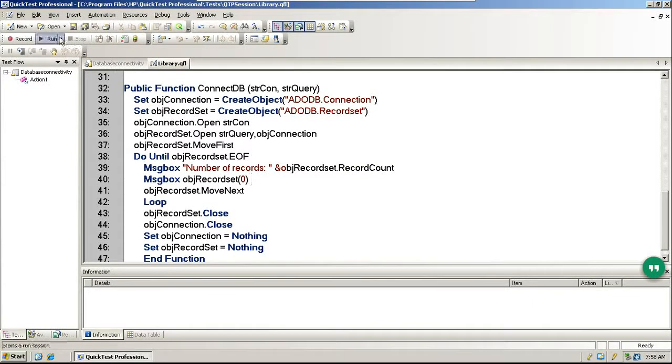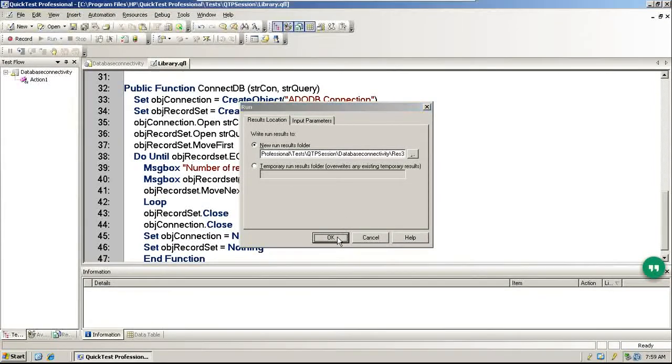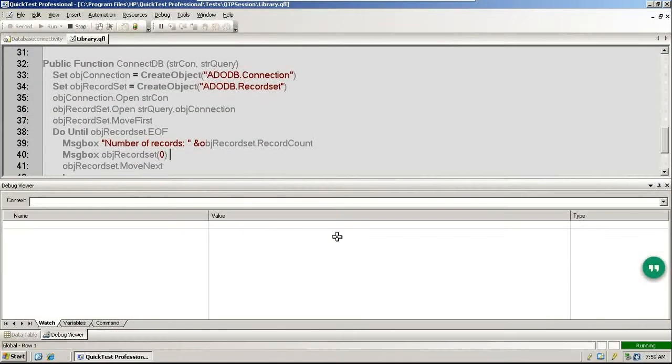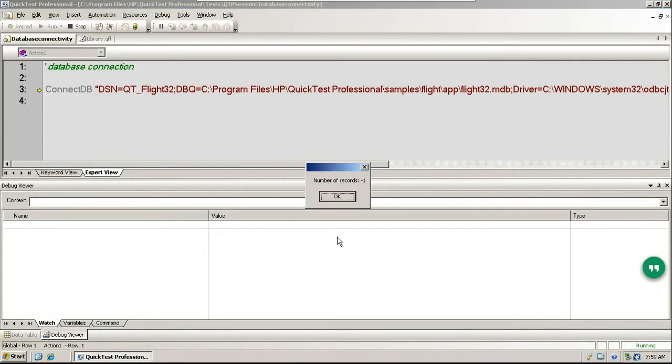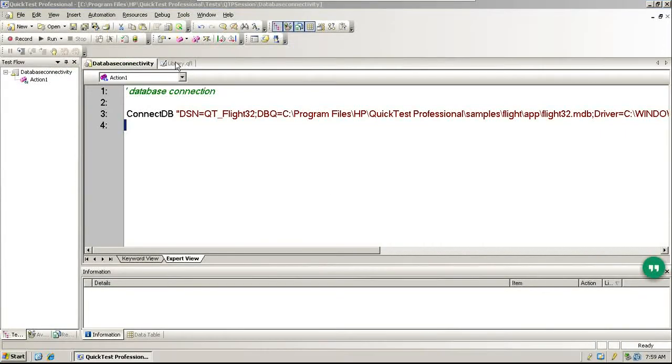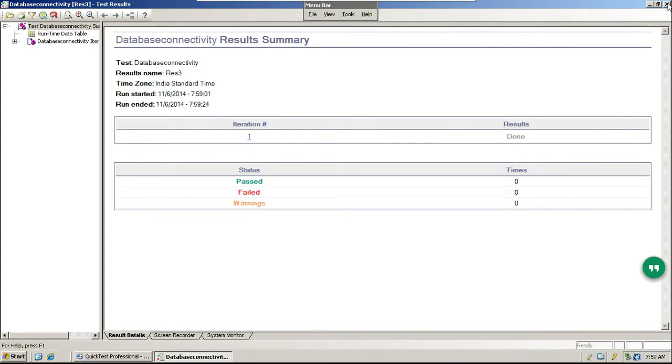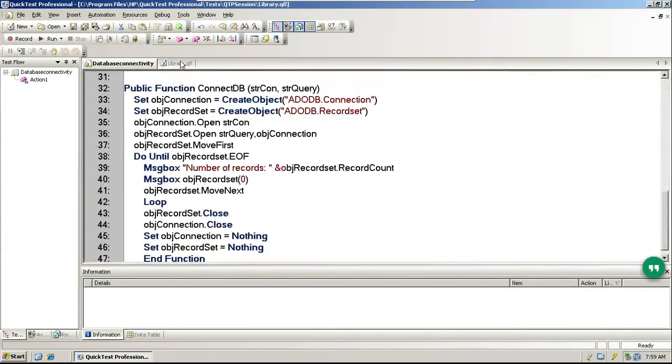Okay, let us try and run one more time. Still showing number of records -1. Okay, it will go on until 7. Okay, we can kill it here. We cannot kill it. The problem is you have to completely go on to it. It's not a failure, but it's simply wrong results.